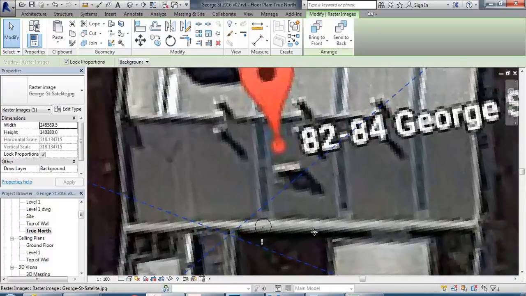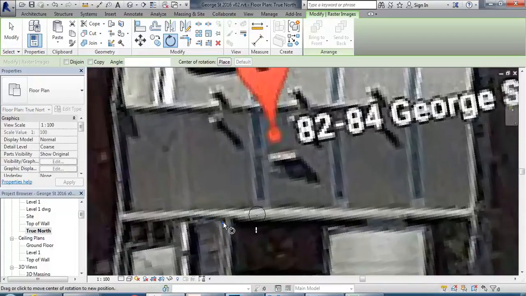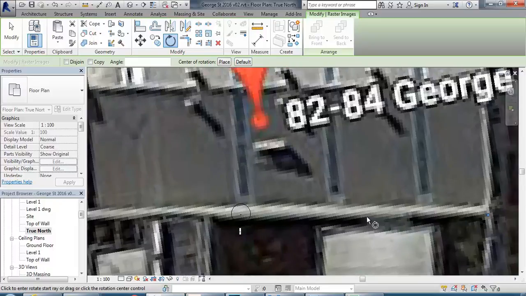Now I'm slightly off there, so I would do that again. So I'm going to rotate again, drag that base point over to the corner again, and over to the left you can see I am a little bit off. Now Revit doesn't want to snap to angles that are slightly off horizontal. So if you press Tab though,